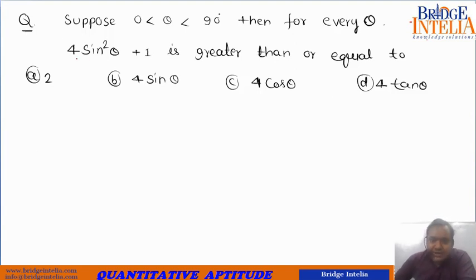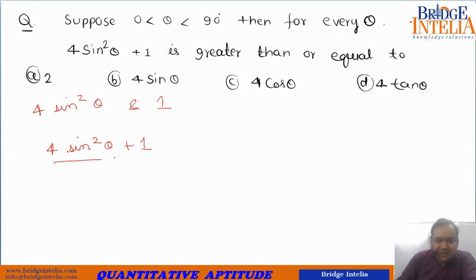So let's do that. The two terms that we see before us are 4 sine square theta and 1. You have added these two terms only, right? So these are to be treated as separate terms, and then we apply this inequality. If we take its arithmetic mean, we add both and divide by 2. So this becomes its arithmetic mean, and this has to be greater than or equal to its geometric mean. Geometric mean is taking the square root of its product. So now, 4 sine square theta into 1.